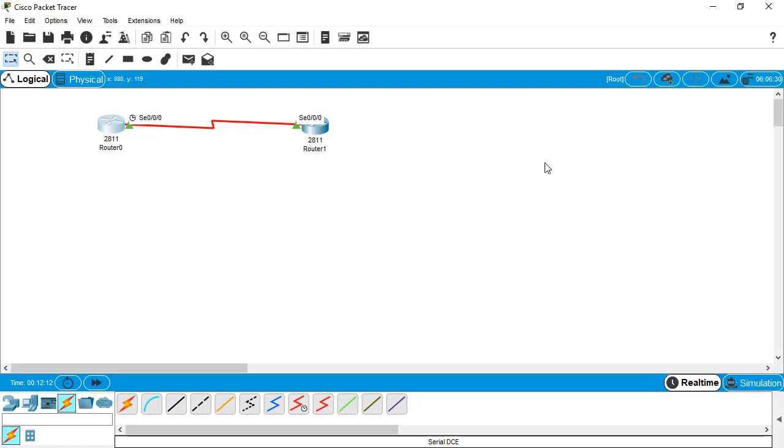A router can break a broadcast domain, and it is usually used to connect two different LANs or two different IP networks within our network scenario. We are not going into too much detail about the router right now. We will cover it in later videos, but for basic purposes we are just using router cabling, and we will connect all the devices, the routers, the switches, and the end devices like PCs, laptops, and servers. So now select the PC,